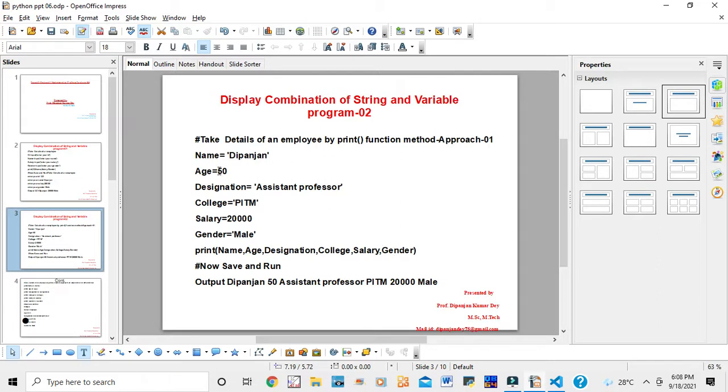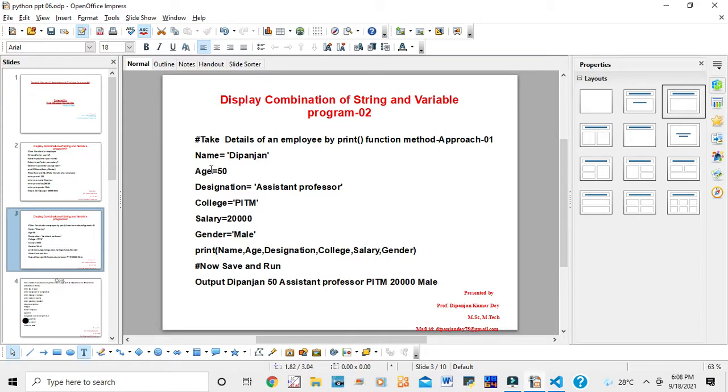Starting I am writing name equal to Deepanjan. Here name is the variable and Deepanjan is the string type. Age equal to 50. Age is the variable here, 50 is the value, that is integer type, stored in age.